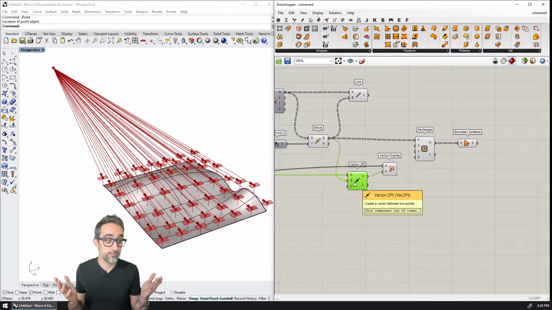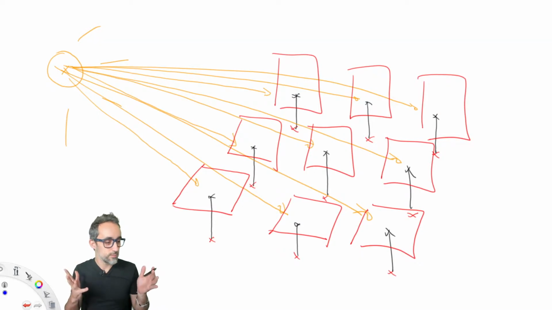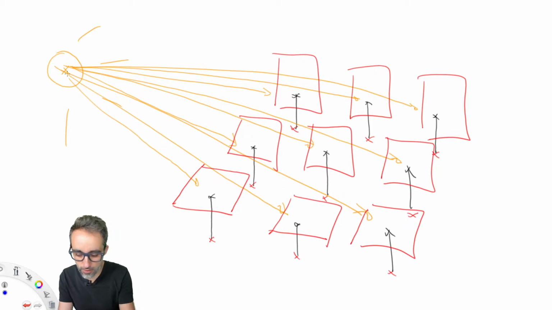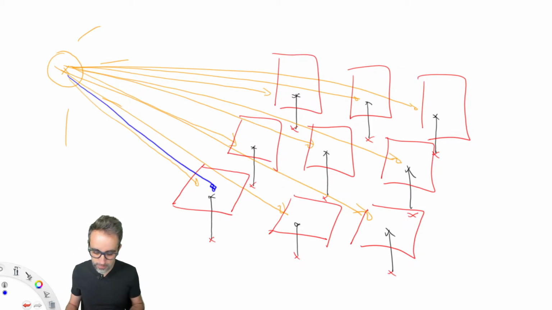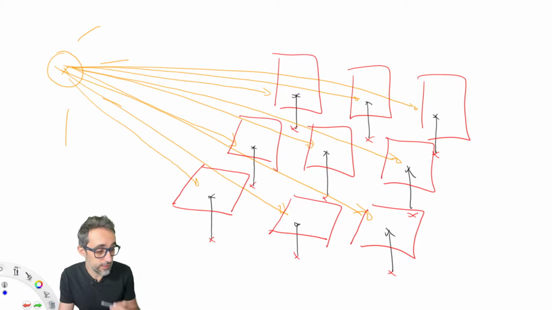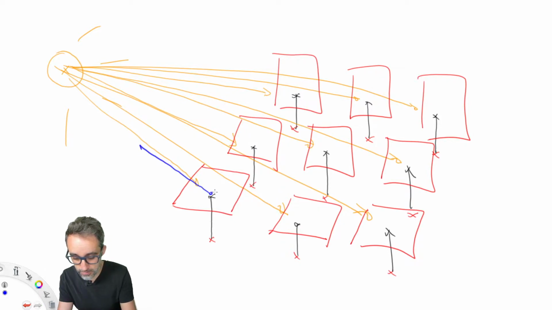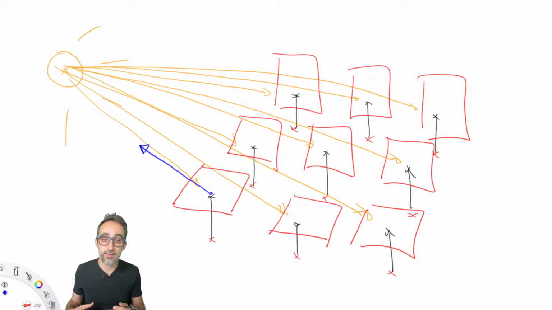And how am I going to do that? Let's take a closer look at that, and let's go back to the sketching board. One of the simpler techniques that I can use for generating these planes is the following. Since I have a vector that is going from the sun into each one of the planes, I can take that vector and flip it around and make it a vector pointing in this direction. And then I can generate a plane that is using that normal as the main direction of the plane. And then taking that plane, I will be able to generate the rectangle.